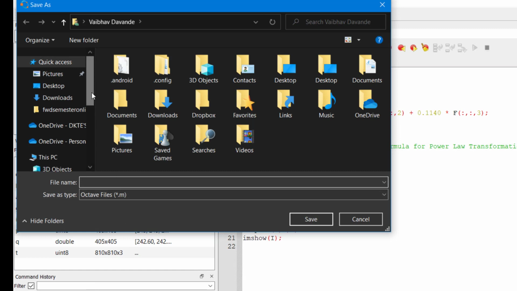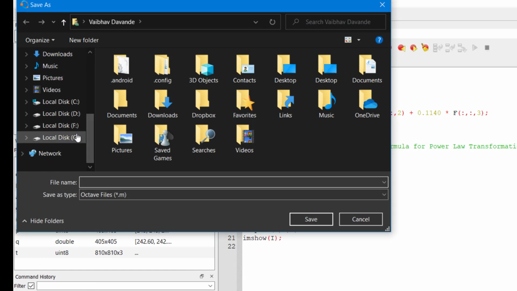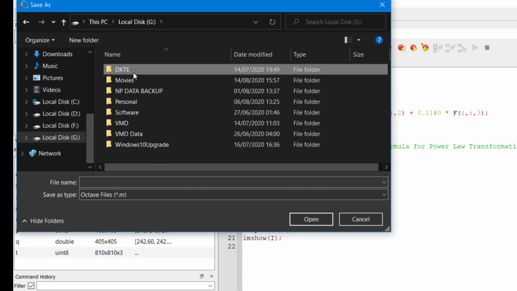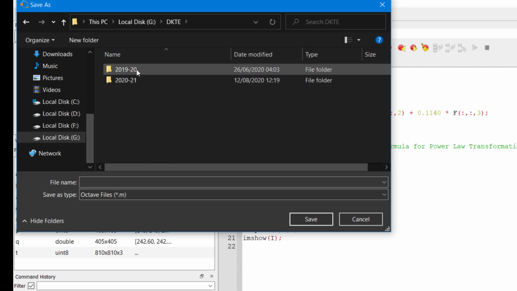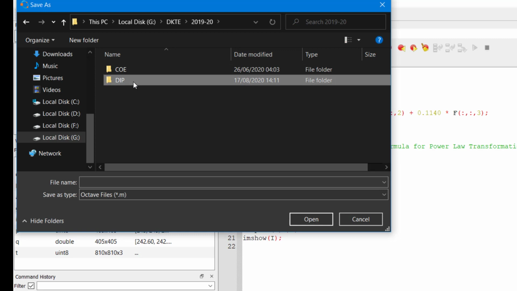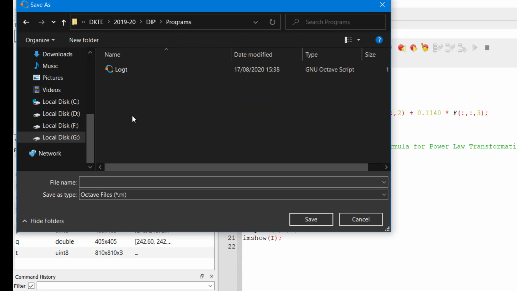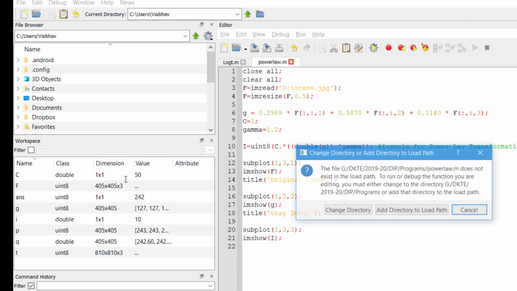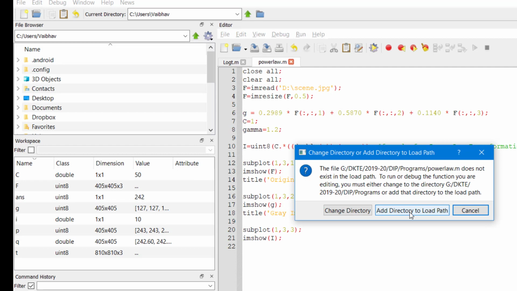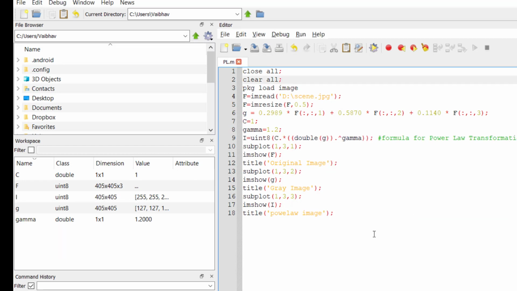Let us save this program first before running it. Add it to the load path. Okay, so let us run this program now.